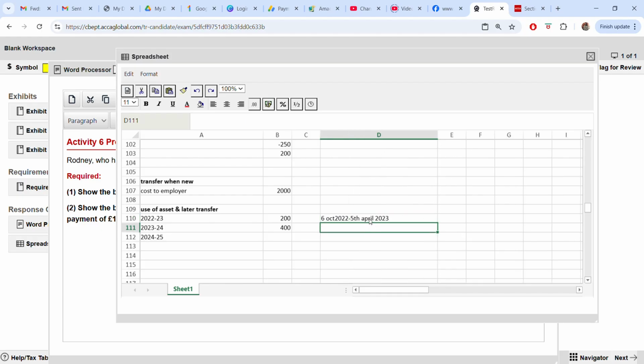Now here it is 6th April 23 to 5th April 2024, 1 year. And when you come here, 6th April 2024 to